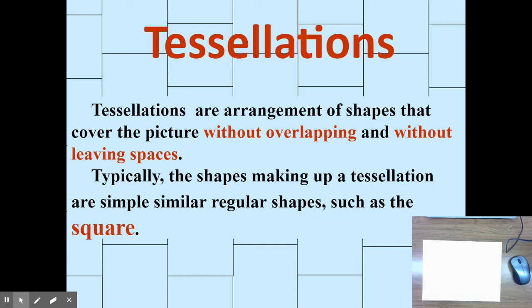Tessellations are an arrangement of shapes that cover the picture without overlapping or without leaving empty spaces. You probably have one around you right now, like the floor. The tiles on the floor are a tessellation. They're shapes that interlock with each other, they leave no empty spaces, and they're not overlapping each other. And your tiles are probably square, so,